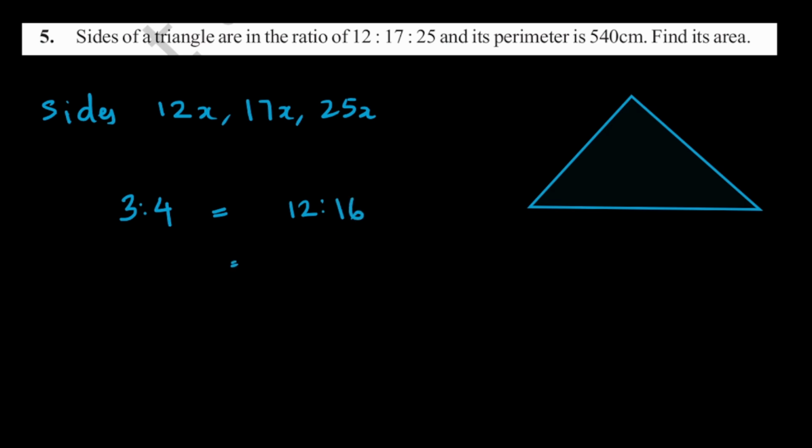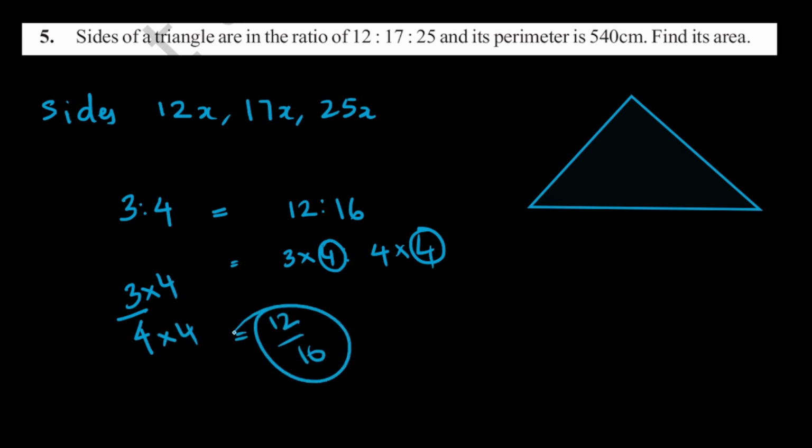How come? You know that 12 is 3 into 4, and 16 is 4 into 4, right? We have 4 common over here. When you divide 12 is to 16 by 4, you will get 3 is to 4. So here this 4 is a common factor in both the numerator and denominator. That is, 3:4 is nothing but 3 divided by 4, right? When you multiply 3 into 4 in the numerator and 4 into 4 in the denominator, you will get 12